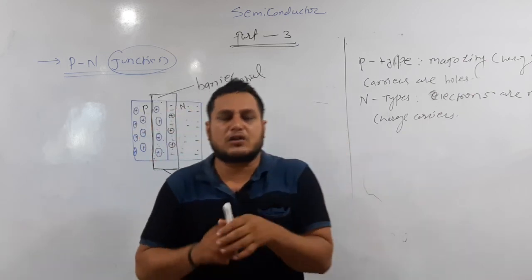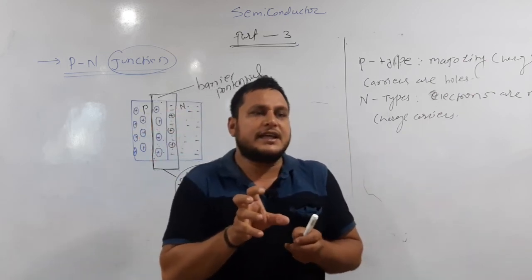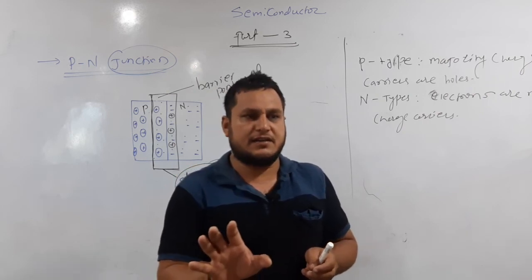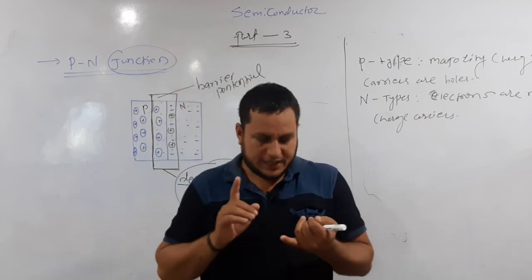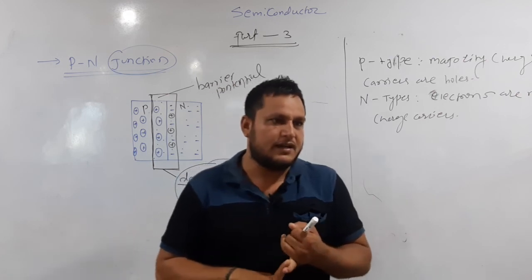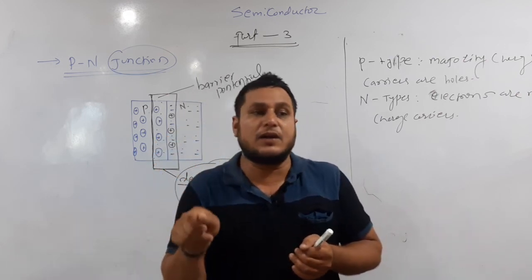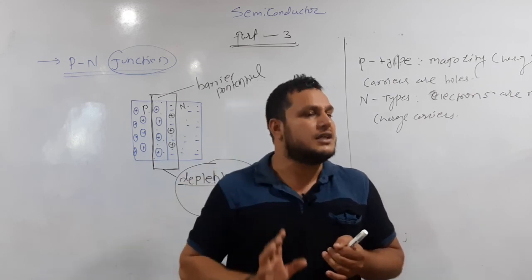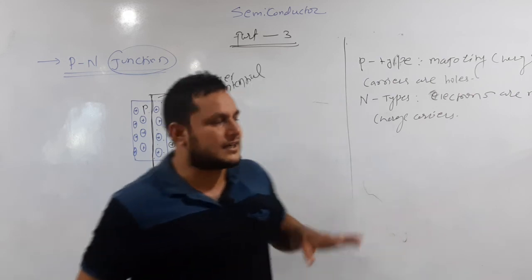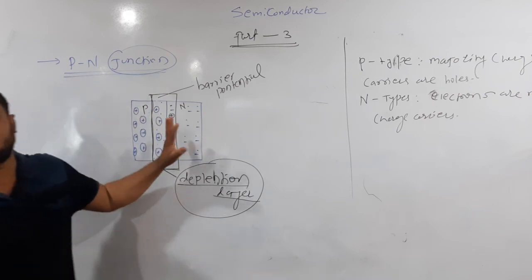It means we are providing the breakdown voltage for that particular machine. It may be a fan, it may be your mixer. Whenever you are using a regulator, it definitely works on a Zener diode,